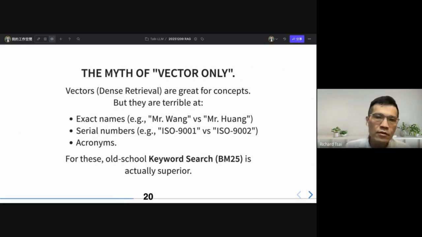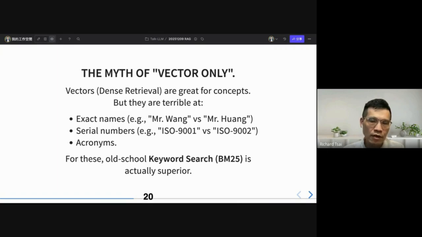Yeah, so let's talk about the myth of vector only. Vectors are great for concepts, but they are terrible at exact names or serial numbers or acronyms.